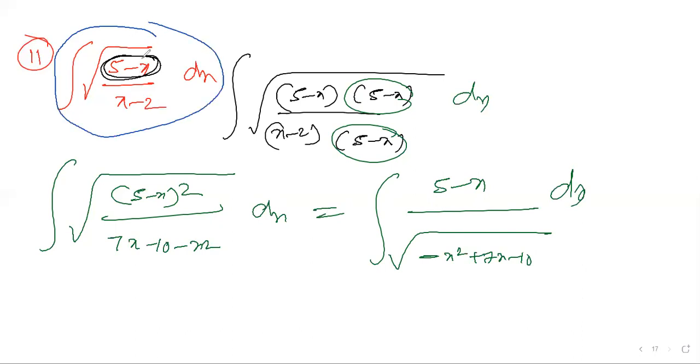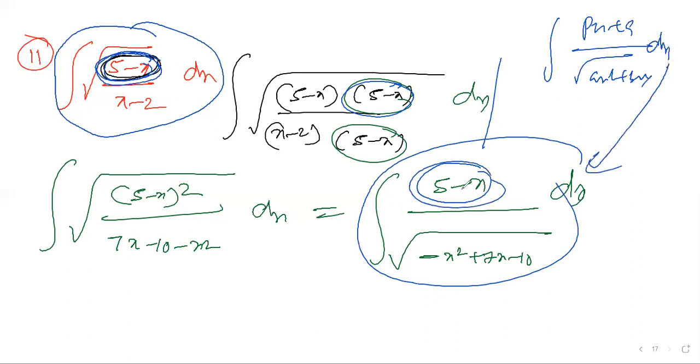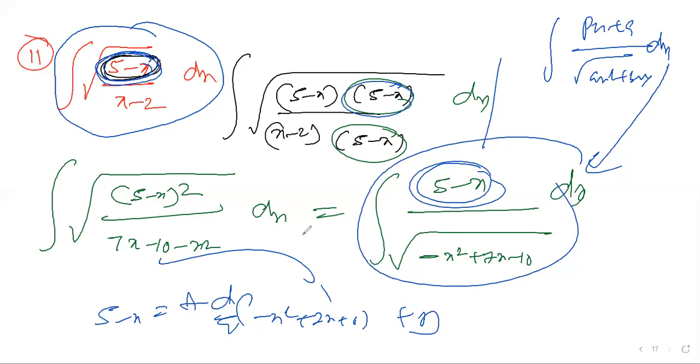Yes, sir. In this question, the root in the numerator should be eliminated. The numerator is root of 5 minus x, so I should multiply one more root of 5 minus x, because 5 minus x whole square will come and the root cancels. This should be free from root. Now the denominator gets the x square term. This question looks like the previous model: integration of (px plus q) by under root of (ax square plus bx plus c). Same thing: 5 minus x is equal to a into d by dx of this quadratic, plus b, as I told you just now. Compare, find the a and b values, then continue as in the previous models.